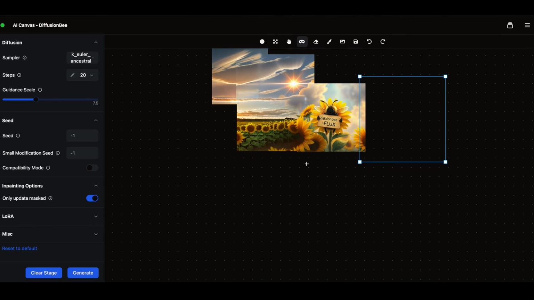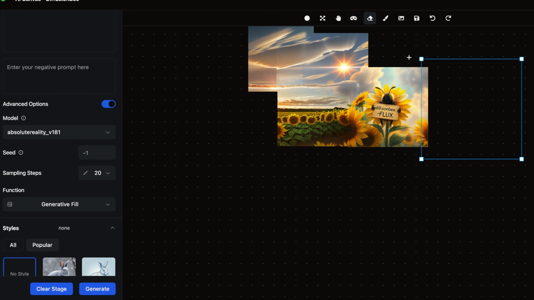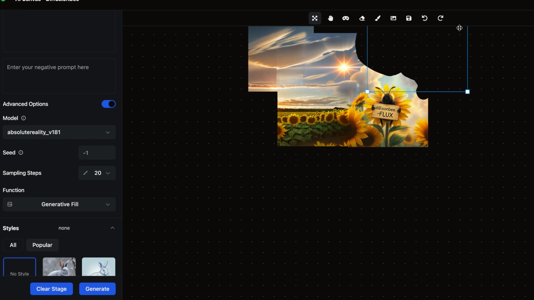You have a draw Inpainting mask, which I can use to select a certain area, and again prompt to either inpaint, do a generative fill, or a regular old text to image. Next to that, you have an erase button where I can delete parts of an image I don't want, and if I want it, bring that little bounding box back over and try to reprompt to fix that section. You have a paintbrush option, which I used to create that really rough